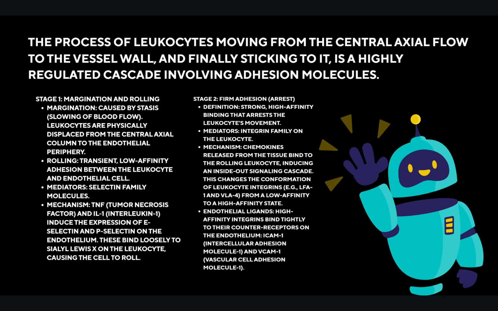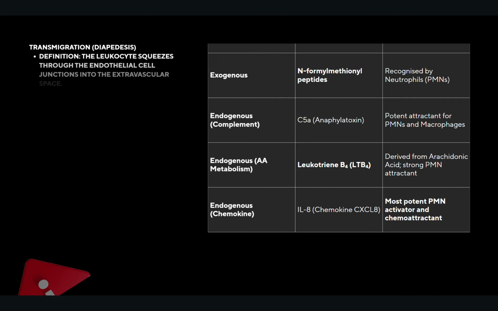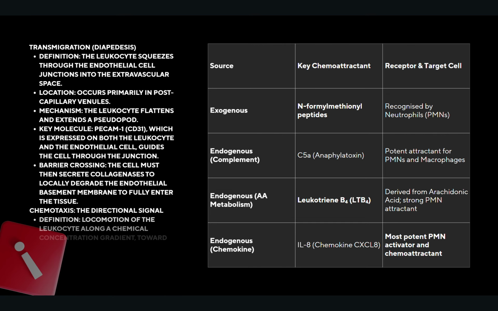So we move on to leukocyte recruitment, transmigration and chemotaxis. So transmigration, or diapedesis. The soldier is at the wall and firmly stuck. Now it must breach the barrier. This process, also known as diapedesis, involves the leukocyte squeezing through the endothelial cell junctions. So primarily it occurs in the postcapillary venules. The process is guided by adhesion molecules